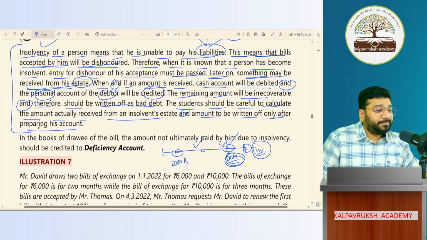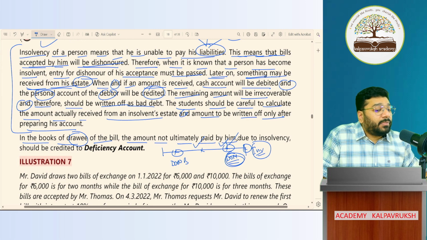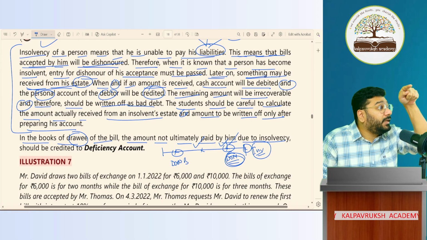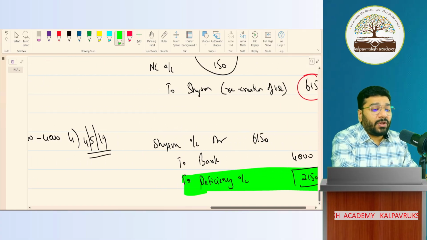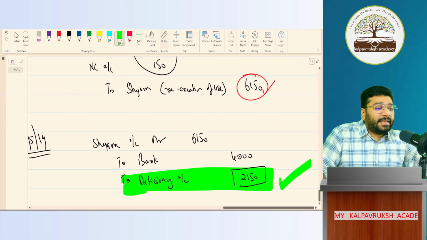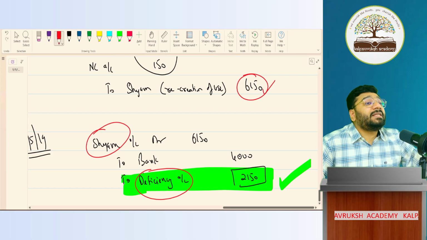What will he do in his book? In the books of drawee, that is buyer of the bill, the amount not ultimately paid by him due to insolvency, the money not being paid only because of insolvency, should be credited to deficiency account. The money which we are not paying is credited to deficiency account. Got it? Not got it? To that extent, we have to close his account and transfer the deficiency to the deficiency account only in case